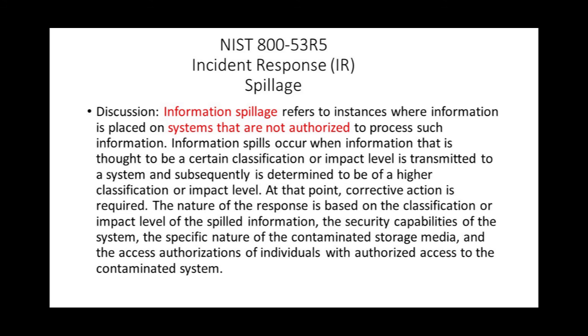Information spillage refers to the instance where information is placed on systems that are not authorized to process such information. Information spills occur when information that is thought to be a certain classification or impact level is transmitted to a system and subsequently is determined to be a higher classification or impact level. At that point, corrective action is required. The nature of the response is based on the classification or impact level of the spilled information, the security capabilities of the system, the specific nature of the contaminated storage medium, and the access authorization of individuals with authorized access